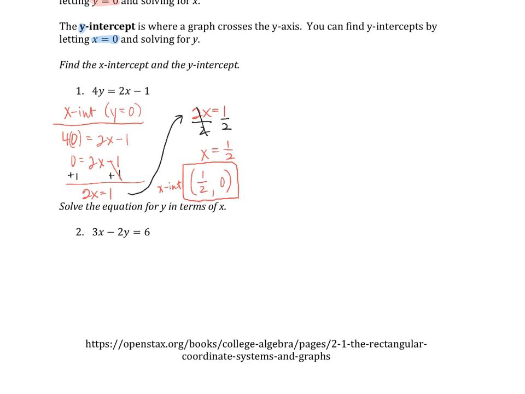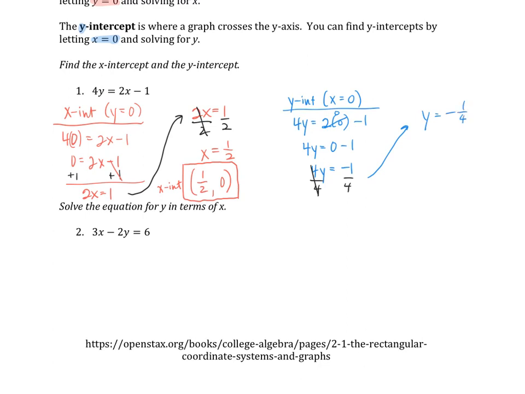Now we want to find the y-intercept. So to find the y-intercept, we let x be 0. So I'm going to plug 0 in for the x value. So I will have 4y equals 2 times 0 minus 1. So 2 times 0 is 0. So that'll be 4y equals 0 minus 1. And then 0 minus 1 is negative 1. And then to get the y by itself, we're going to divide by 4. So y equals